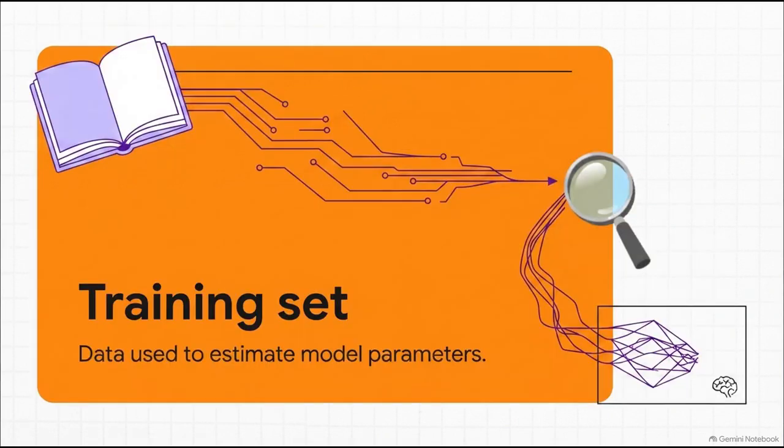Let's break down those 3 buckets, starting with the heavy lifter, the training set. Strictly speaking, this is the data used to estimate model parameters. But what does that actually mean in practice? Well, this is the raw material that enters the algorithm and teaches it the underlying patterns. Going back to our student analogy for a second, this is the textbook. It's where the model spends hours, so to speak, studying the fundamental rules, looking at thousands of examples, and making its initial internal connections. Without a robust, high-quality training set, your model just doesn't have anything to learn from.